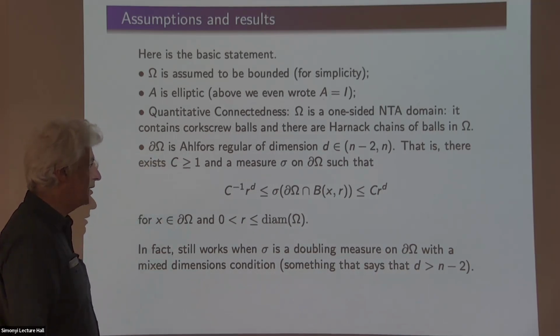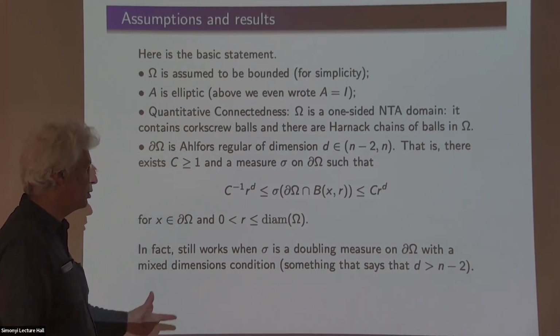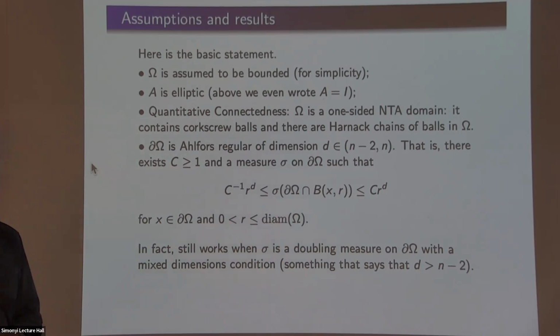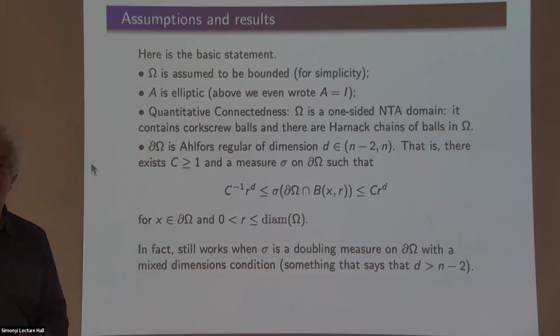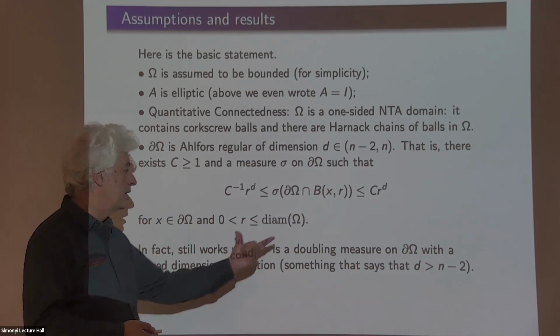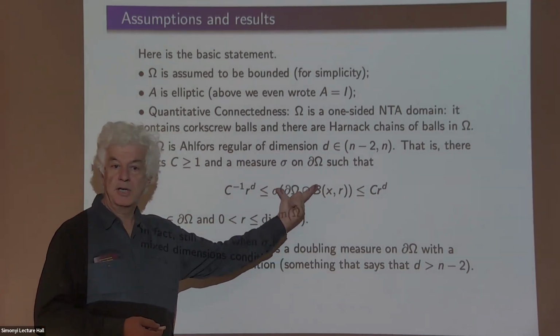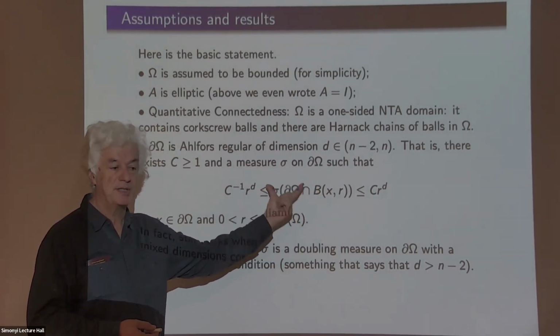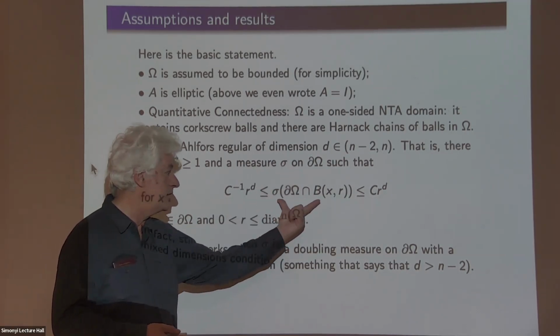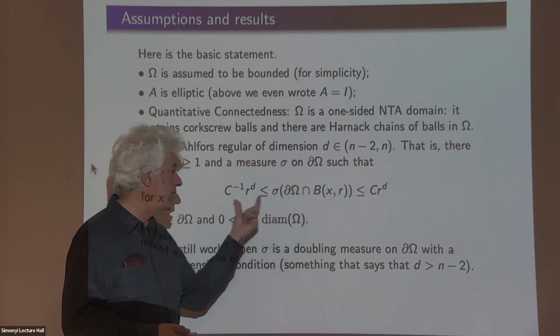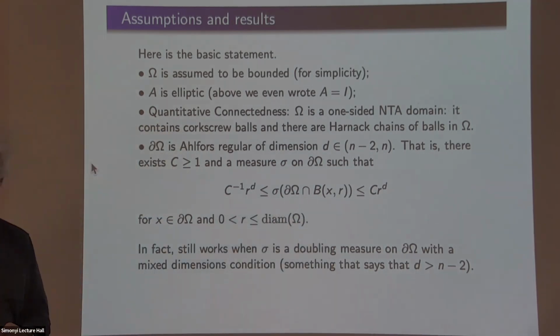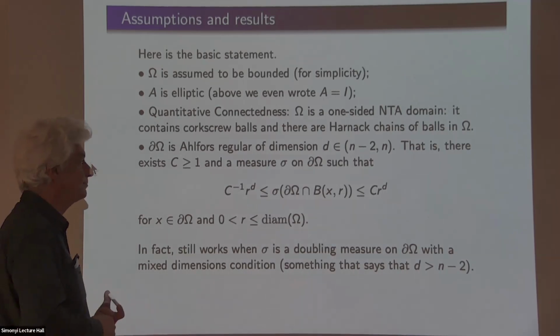Okay, and you can think about less brutal ways of saying the set is reasonable, but things are easier to say when the set is almost regular. So which means there is some measure on it, which I call surface measure, but it's Hausdorff measure of some dimension, d. And the measure of a ball is comparable to the radius of the ball to the power d. So this is a d-dimensional boundary, and I'm assuming that. And you're taking the d-dimensional Hausdorff measure of it. That's what you understand as sigma.